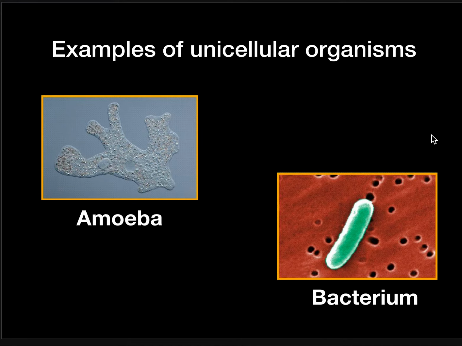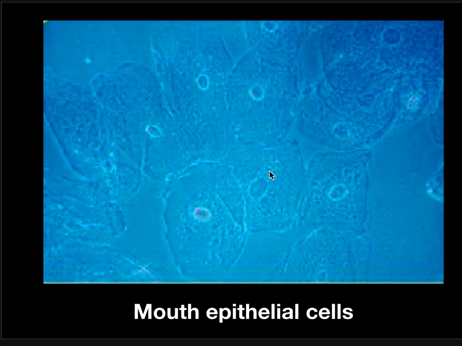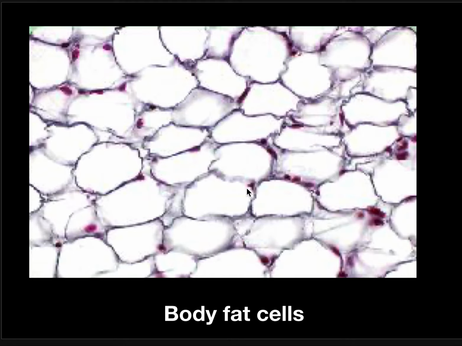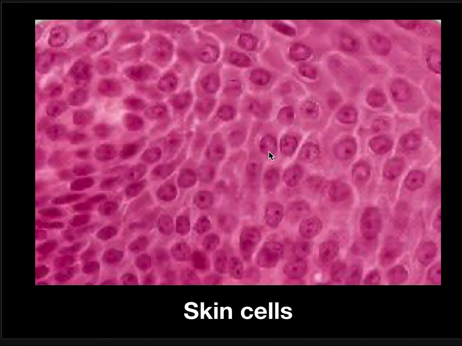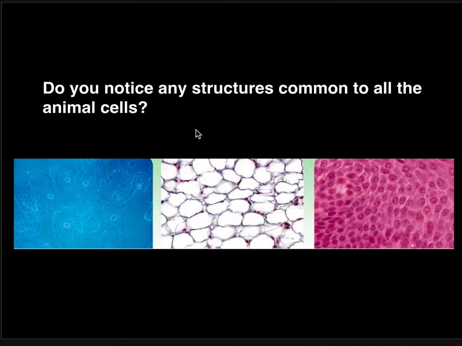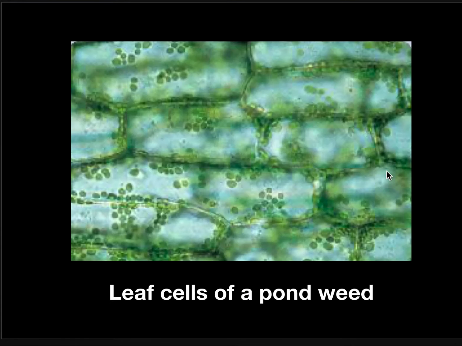So let's look at some basic structures of cells. Before that, look at some examples. This is animal cell, animal cell, animal cell. For all of them, can you see any structures that are common to them? I guess you can see it. Most of them look like a circle, or there will be some point in the middle part like this, and so on. And then for this one, this is a plant cell,